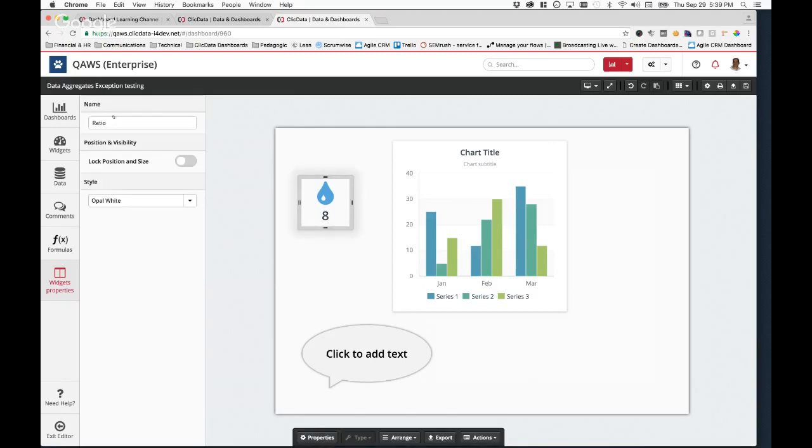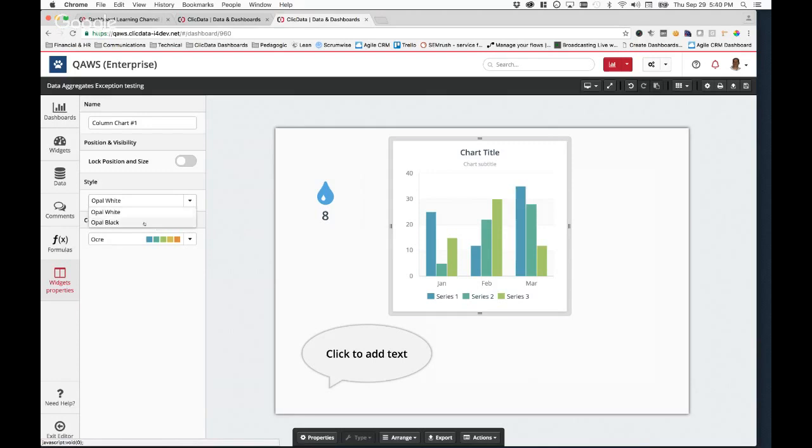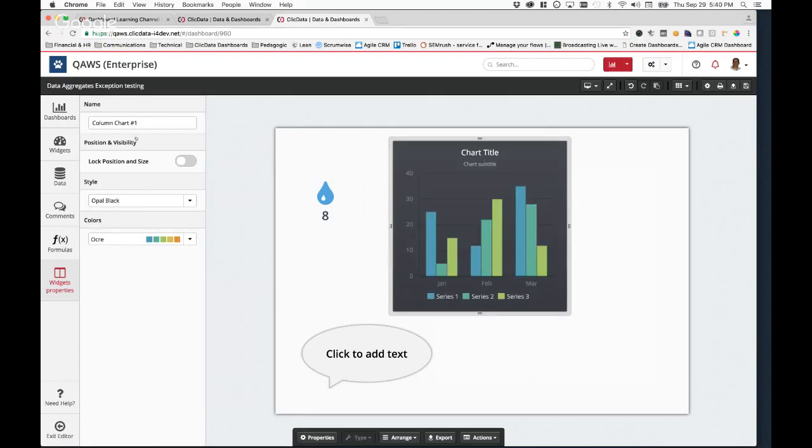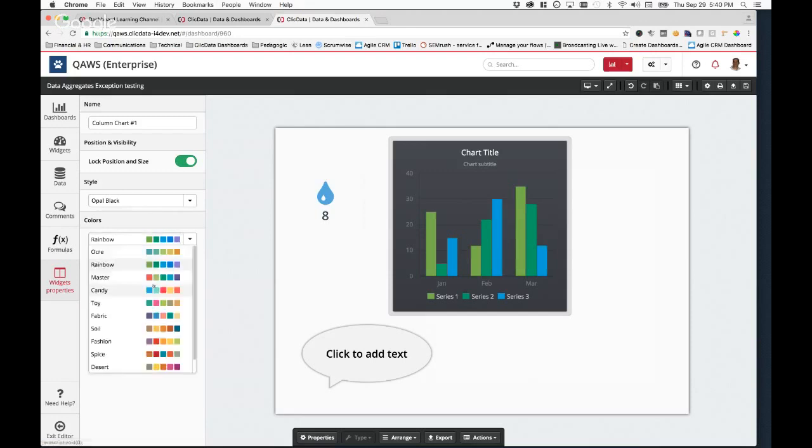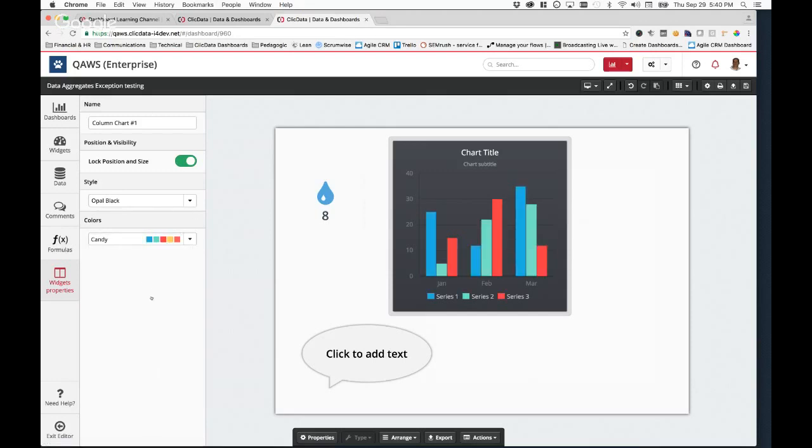So now you can actually have some properties here. We're going to start putting different styles. So, for example, you can see that I can change the style of this right from here. I can, again, rename it. I can lock the position and size of this so I can't move it or resize it. I can change the different color schemes of the chart right from the sidebar.